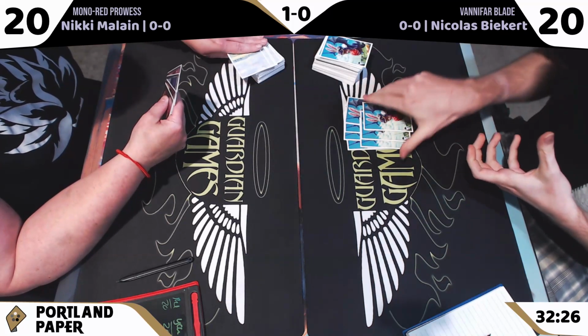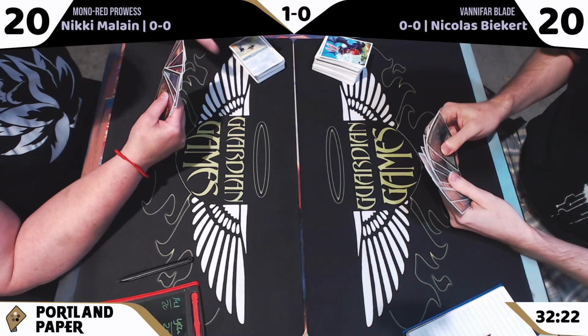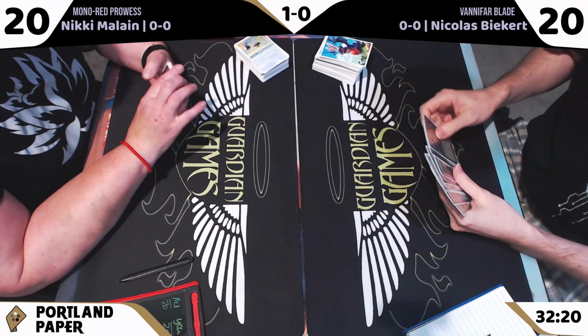So, what are we looking for out of Nick's opening hand here? It seems like he's the underdog in this matchup. We've got to look for...